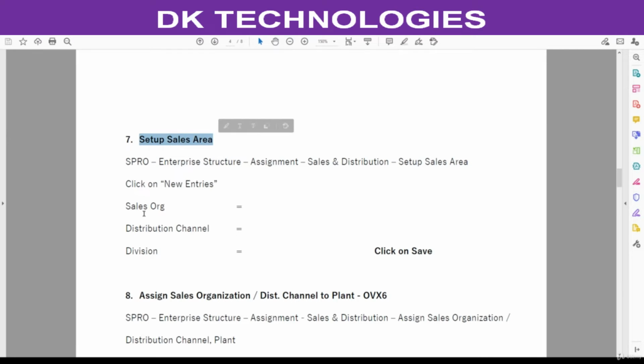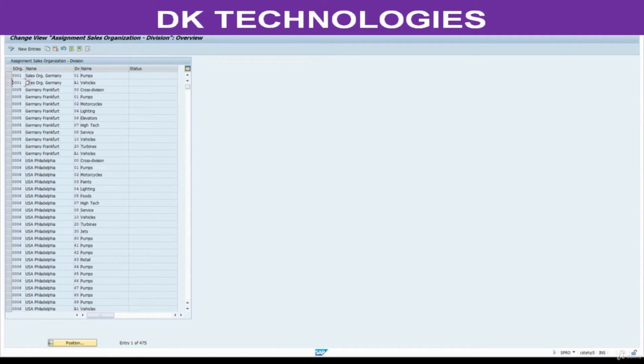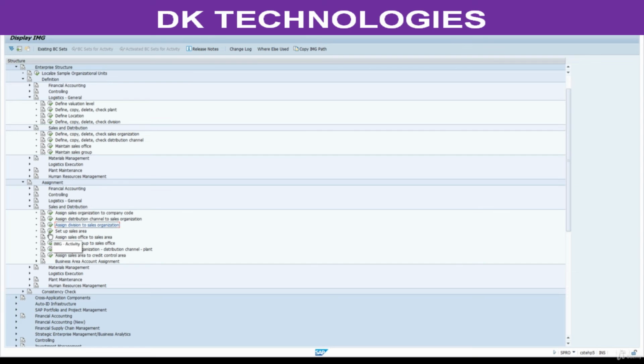Sales area is the combination of a sales organization, distribution channel and division. This is the place where we are defining these three. Go back. See, click on this one, set up a sales area.